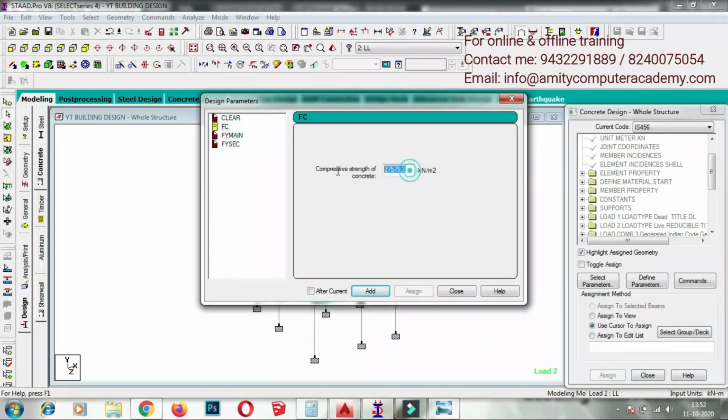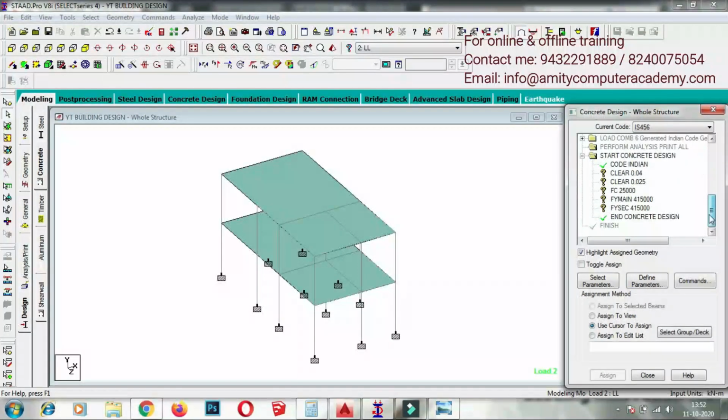I'm using M25 concrete strength, so 25,000, add, and then Fy main, I'm using Fe 415, so I'm using 415000, add. Similarly for the secondary bar, for stirrups also, I'm using the same steel strength, that is 415000, add. So these are the parameters which we have assigned.